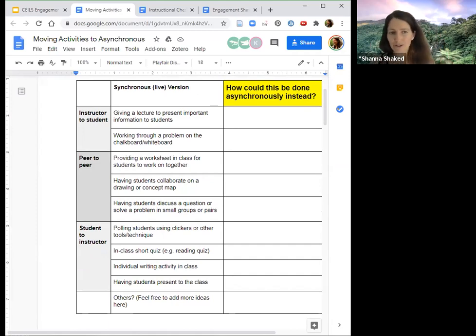Think about these synchronous things: giving a lecture to present information, working through a problem on the chalkboard, providing a worksheet, having students collaborate on a drawing or concept map, or discuss questions to solve a problem, polling students, in-class quizzes or writing activities, or having students present. Does anybody want to share things they've done in the spring that worked asynchronously with the group?